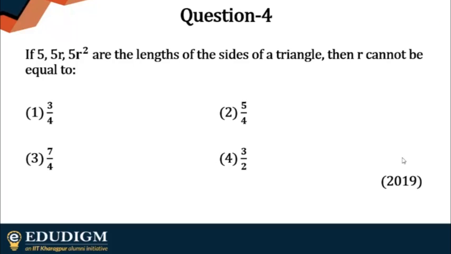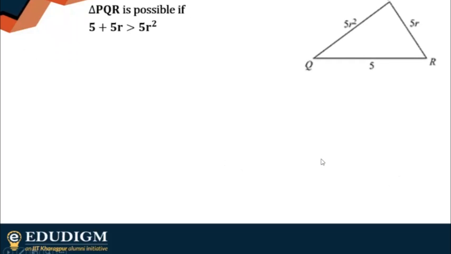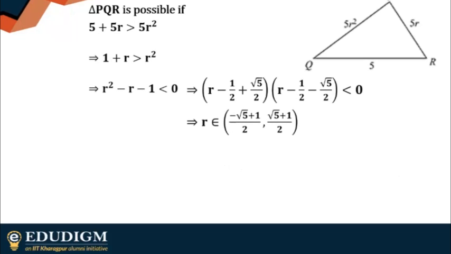Okay. I think most of you have given the answers. Great. So I will just reveal the solution so that you can see what is going on. Whenever you are given three sides with which you are supposed to form a triangle, the sum of two sides will always be greater than the third side. So you just explore the inequality and see the range of r. Now you can clearly check with the options where r does not belong to this particular interval. That's correctly pointed out by literally all of you. The correct option is option 3.